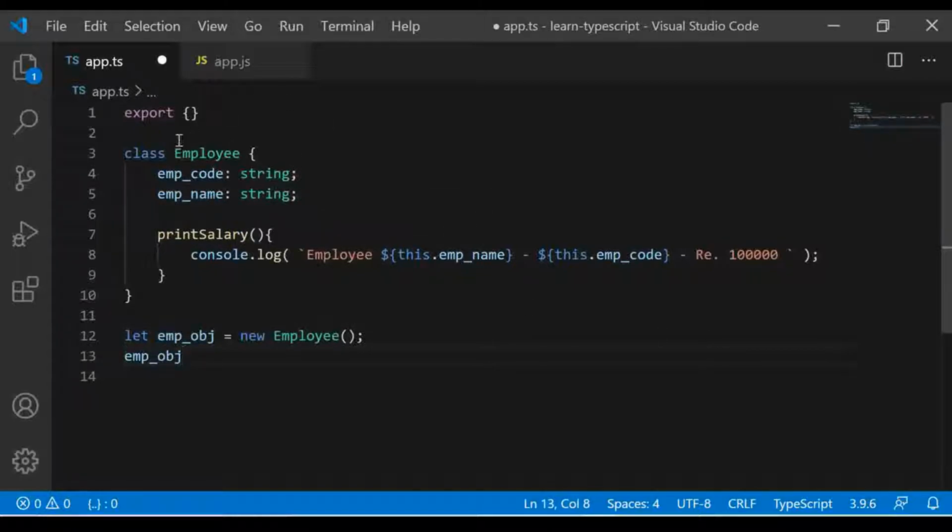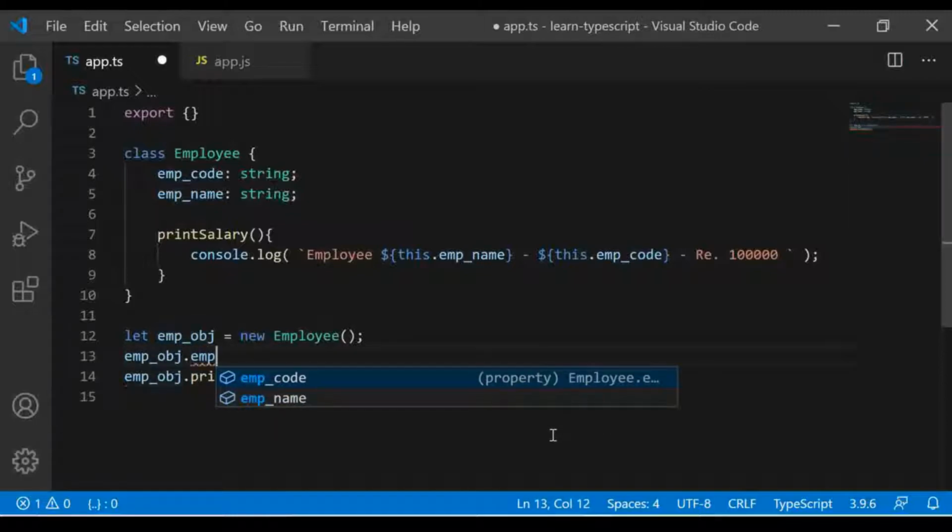So as of now, we can easily write this like this. So it should work, but before that we need to pass the employee name and employee code here. So one way to do that is explicitly assigning the employee code here like this.